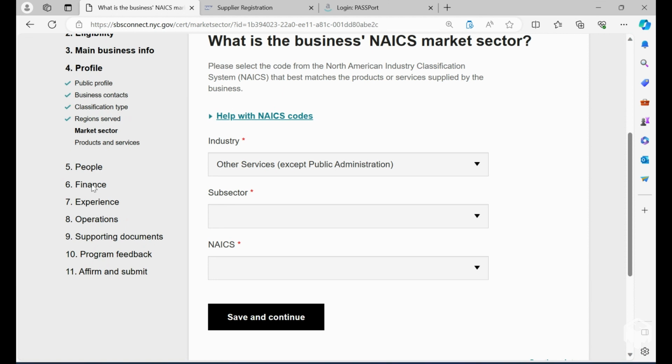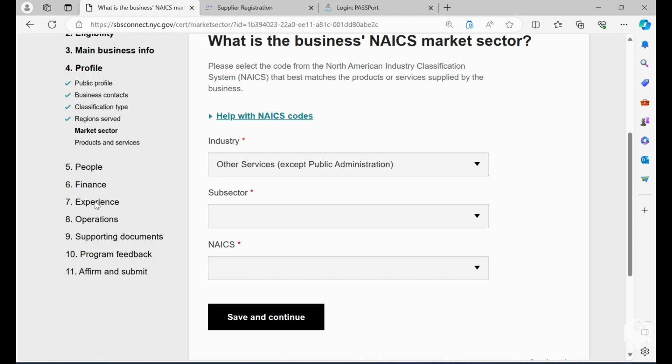Finances, that's going to be your bank's information, because during this process, one of the recommendations is your bank verification letter.